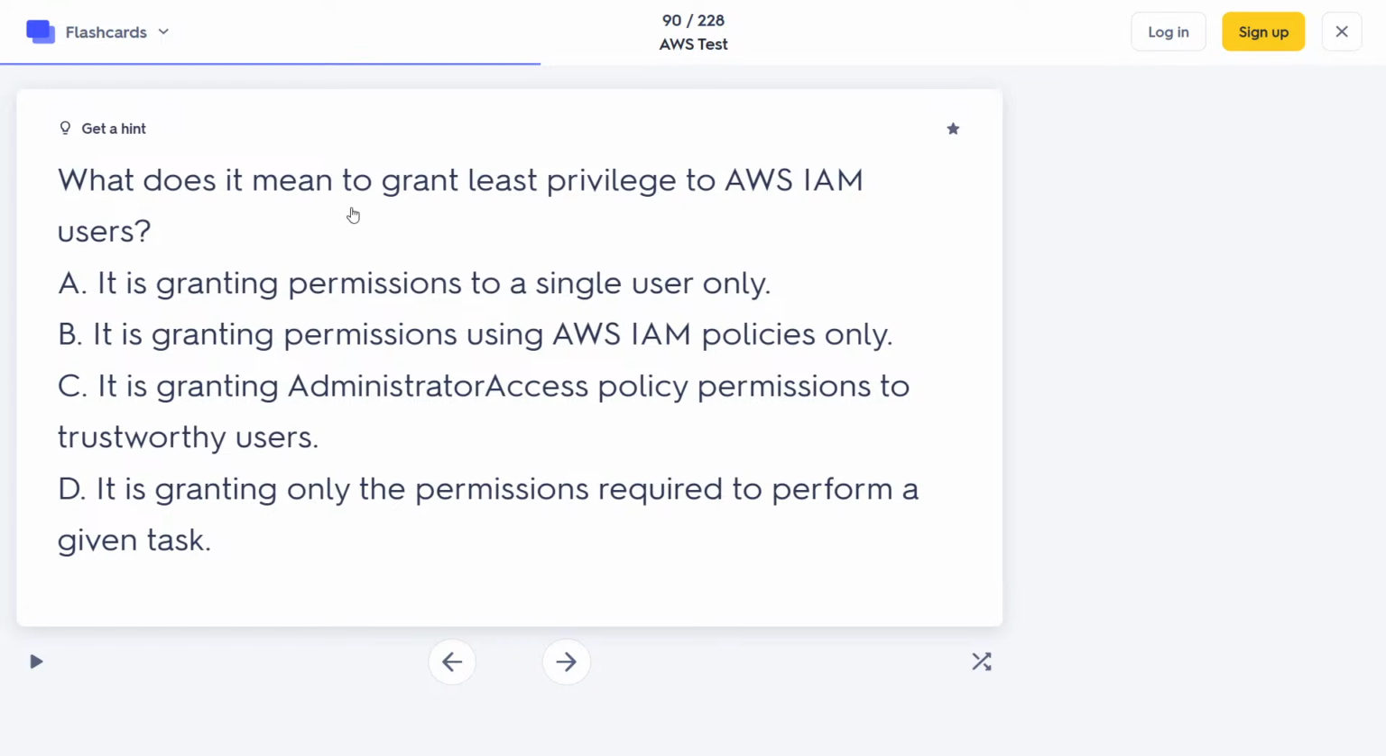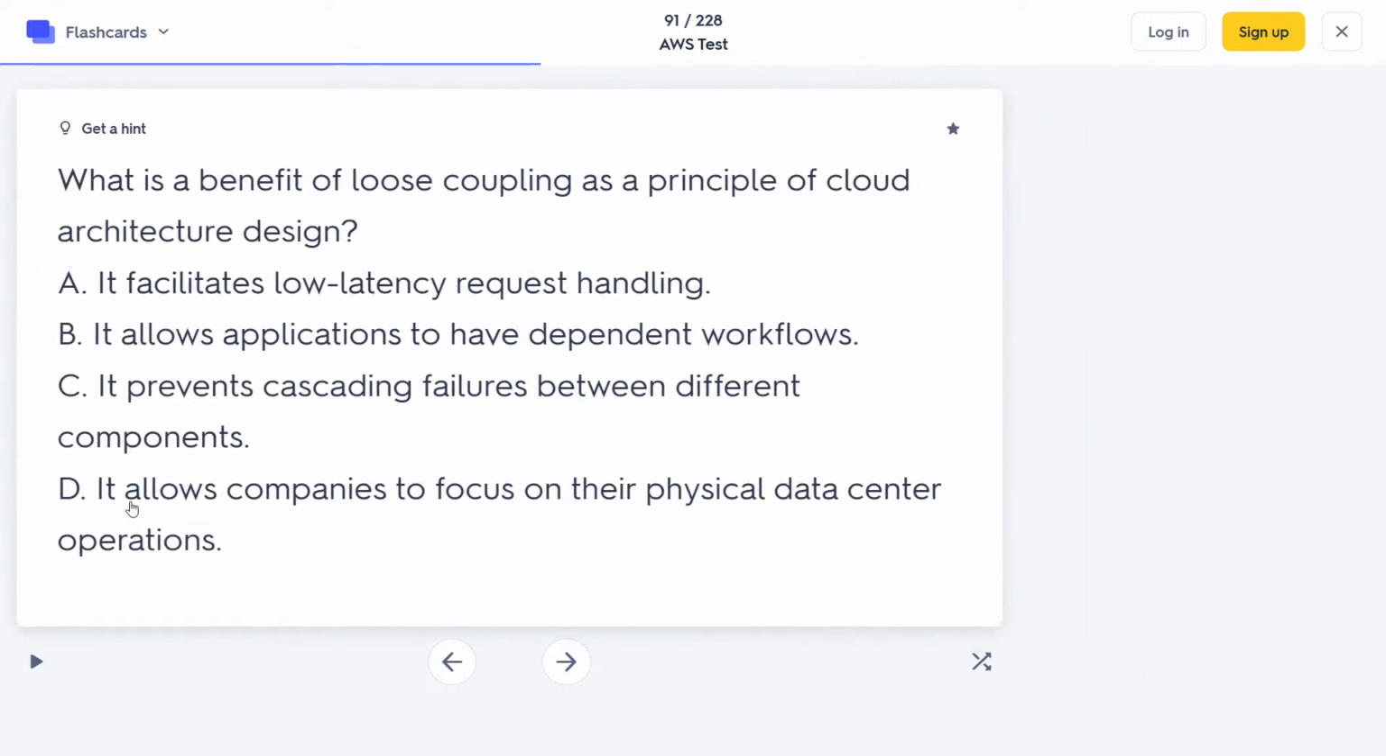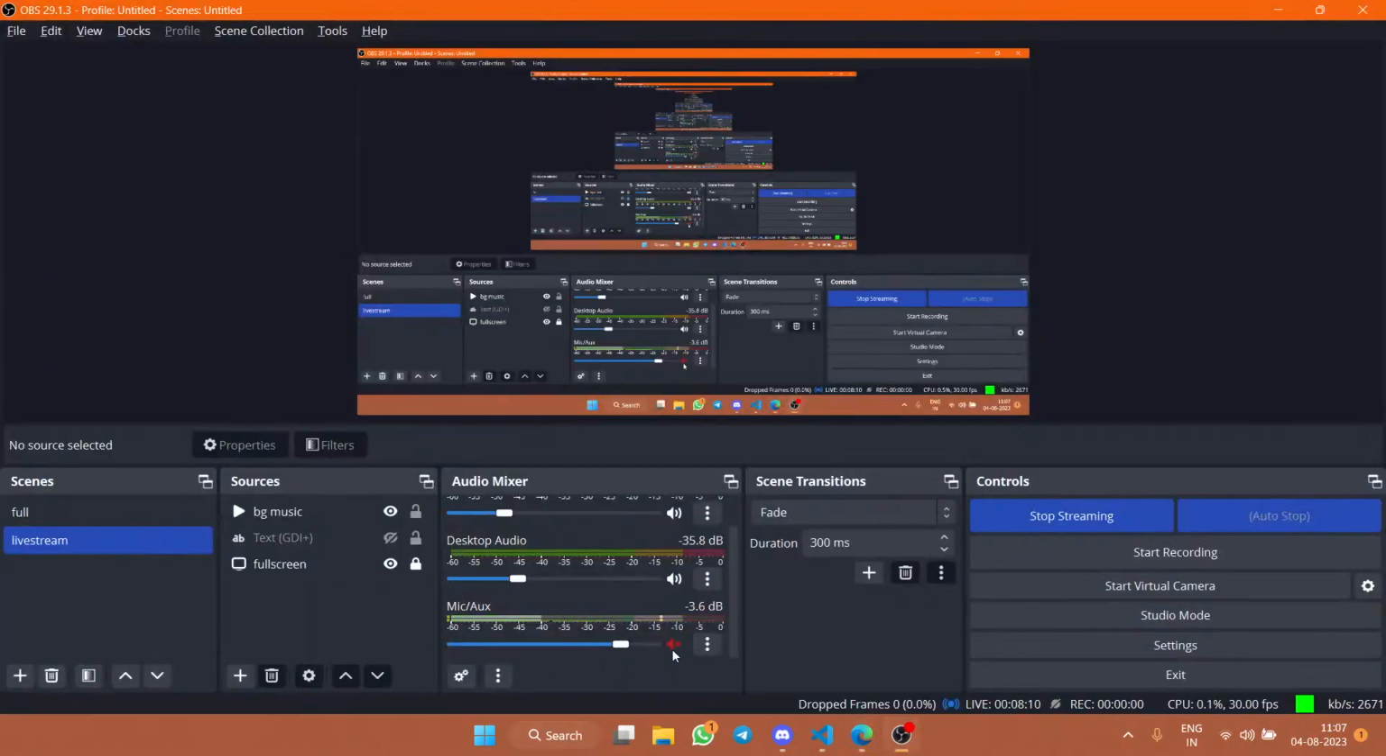What does it mean to grant least privilege to an AWS IAM user? It means just giving the permissions that they need. Option number D. Too easy. And now the next question will be,